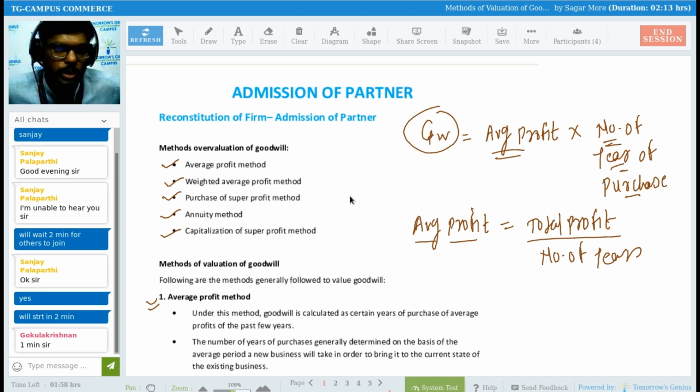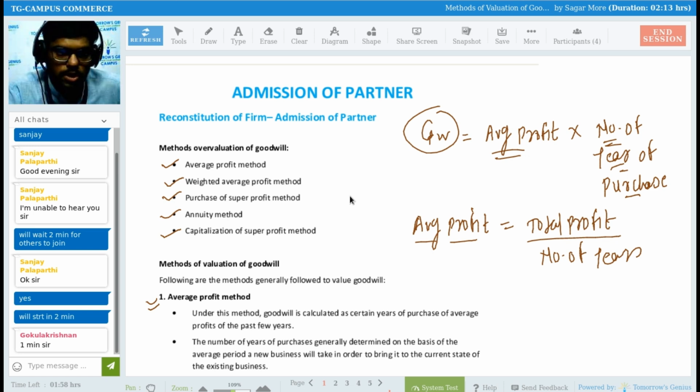For example, Sanjay, you are doing one business for the last 50 years. In that business, there are 3 workers. In the last 50 years, only 3 workers are working in your business. Now you are thinking of expansion of your business, and for that expansion you require another 3 persons. In the future, you are going to employ another 3 persons.